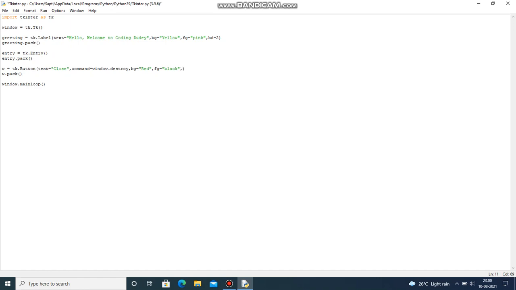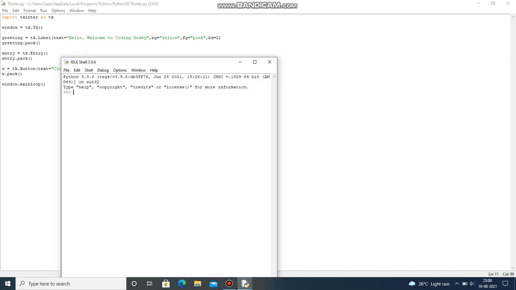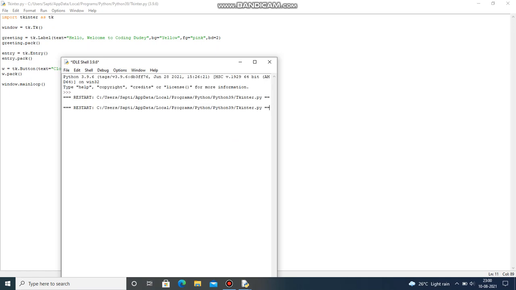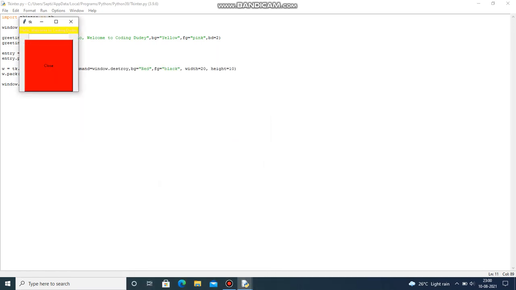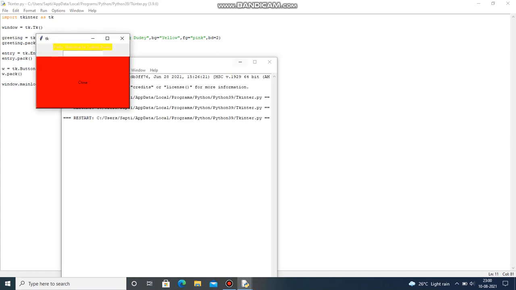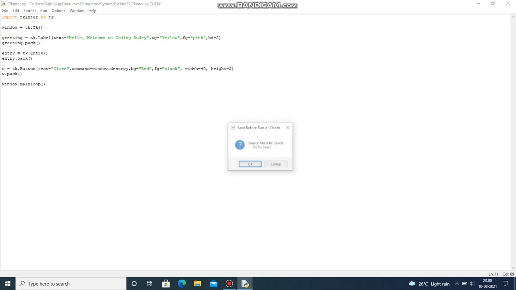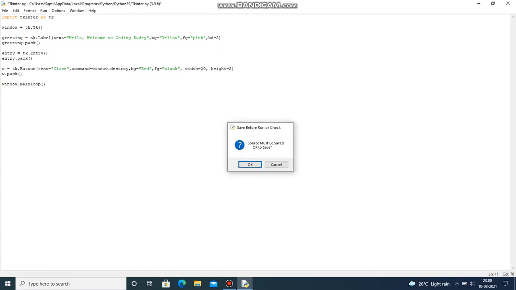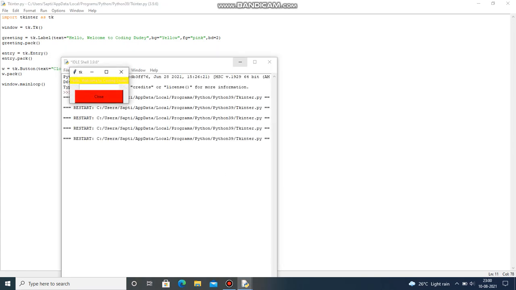In this button itself we are able to give the width and the height. Let me give width equal to 20 and height equal to 40. My button height is too long. Let's give 10. Still it's too big. Width is 40 and height is 10. Now let's see. Height of 2 is enough, I think, and the width can be 20.